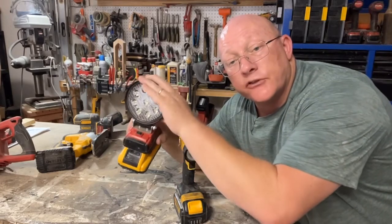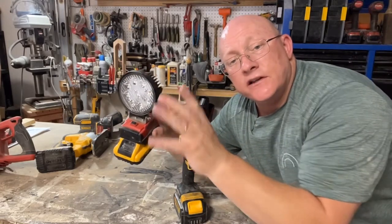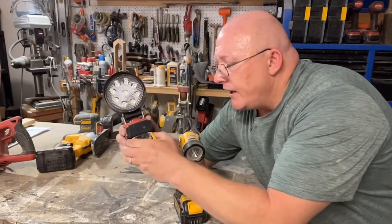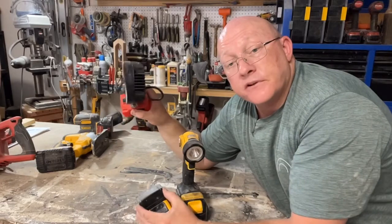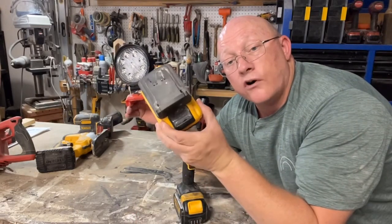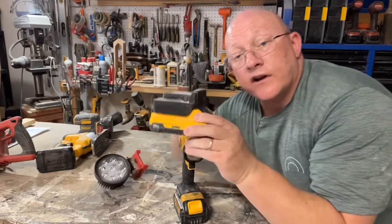I think I paid about 30 bucks for it, but they're LED, and with today's technology, they're super bright and turn out really well. As a side note, this particular light is meant to fit Milwaukee batteries, but as you guys can see, I have a DeWalt battery pack on it. And what I did is there's these